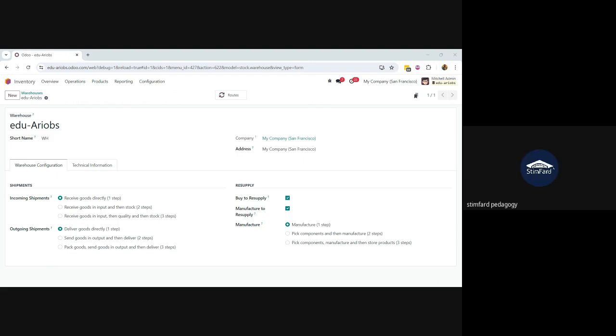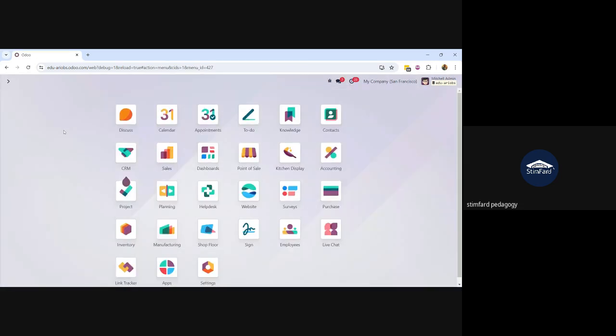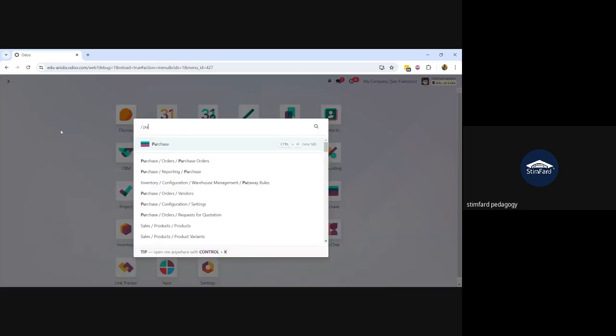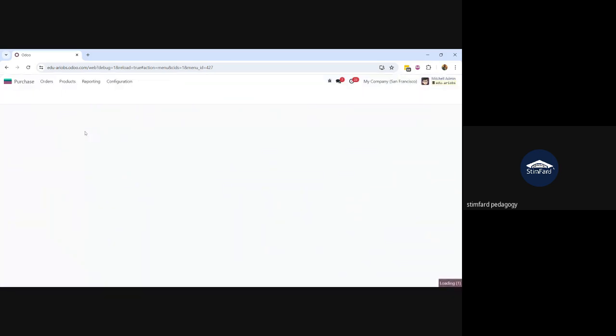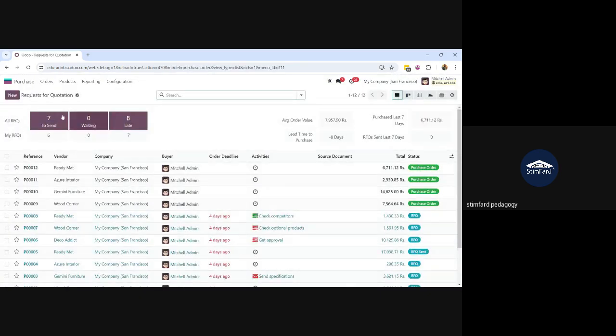Now I will go with the actual process. You can see the receive goods directly, one step, is activated. So now I will process the purchase and we will receive the goods, and let's see how things work in one step. Okay, I'm going to the purchase. I will create an RFQ, click on new,